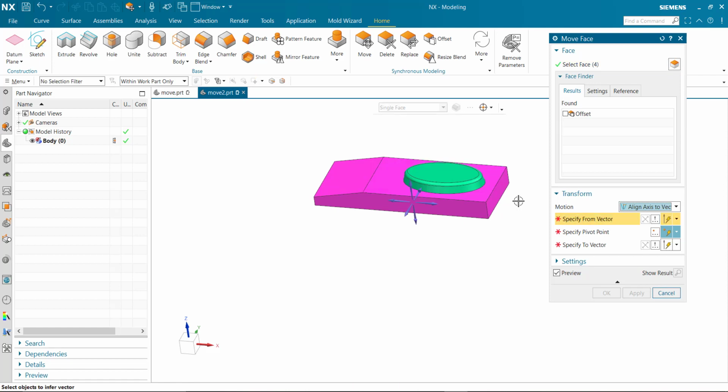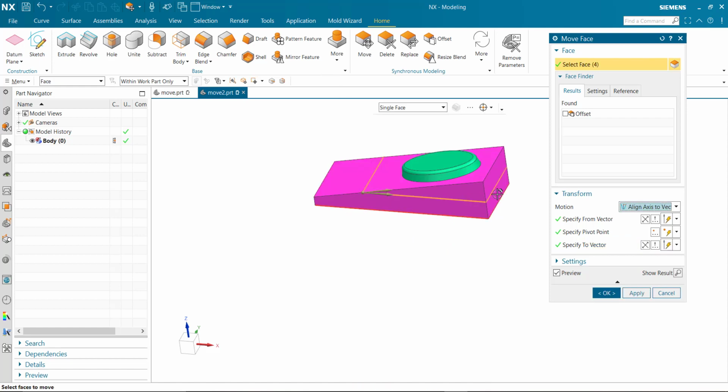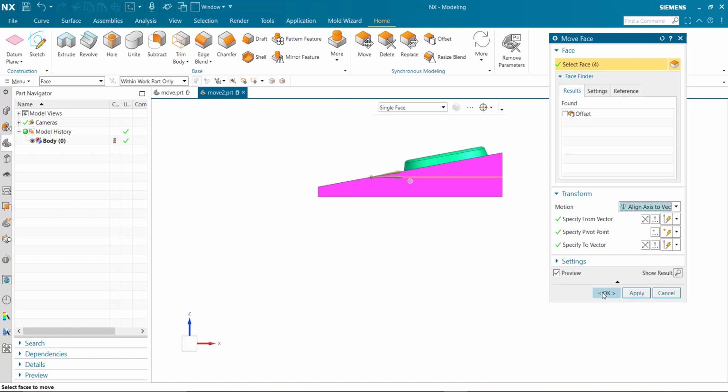Specify home vector. Is selected. Pivot point and specify vector, the reference vector where to align. And you can see the faces are aligned to the taper face.